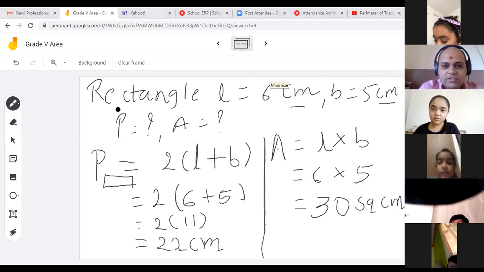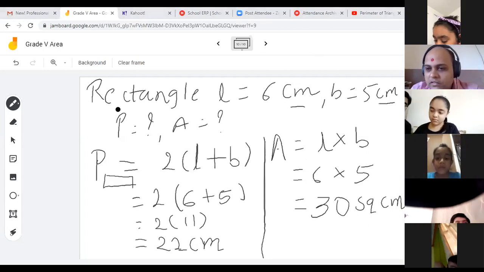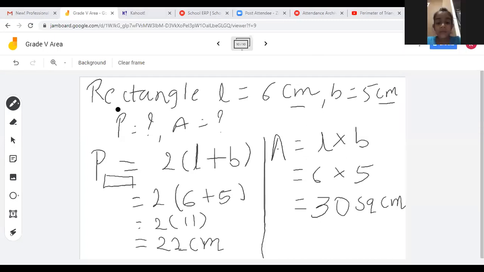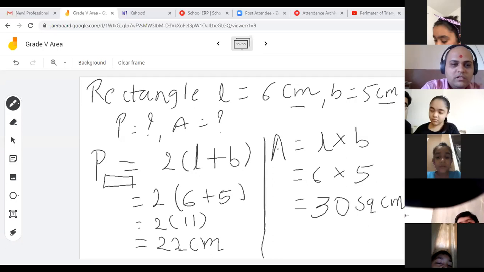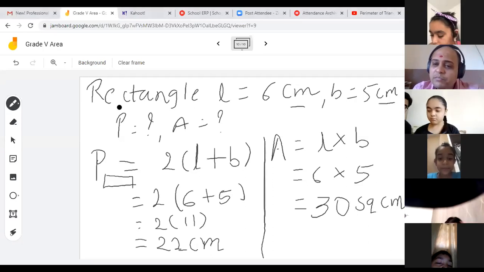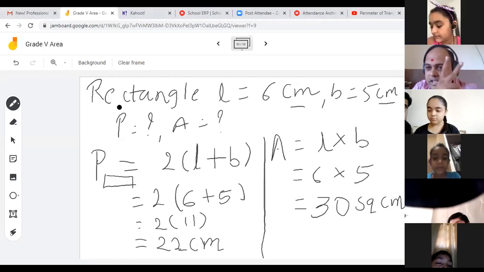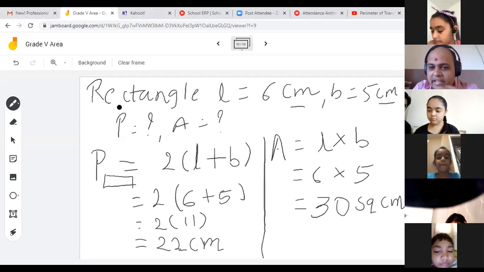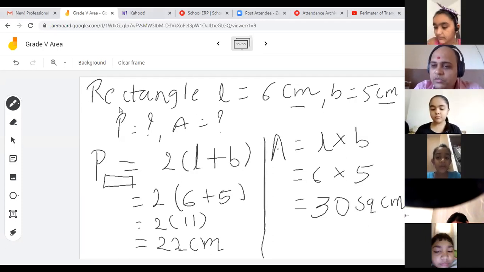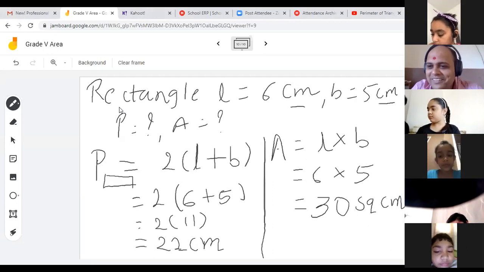I don't understand, Shivani. It's a simple formula. Which part don't you understand, beta? Tell me. Sir, the perimeter one. Beta, it's a simple formula, 2 times (L plus B), right? We have to multiply 2 times (L plus B). What is L? 6. What is B? 5. 6 plus 5 is 11. So 11 twos is 22. Tell me, is there a difficulty in this one?